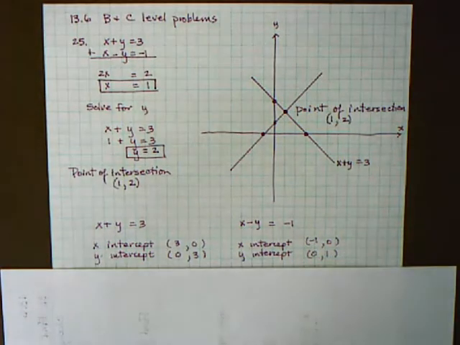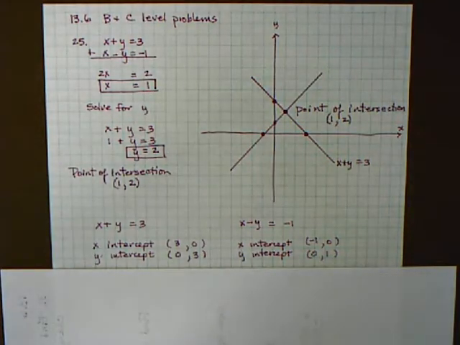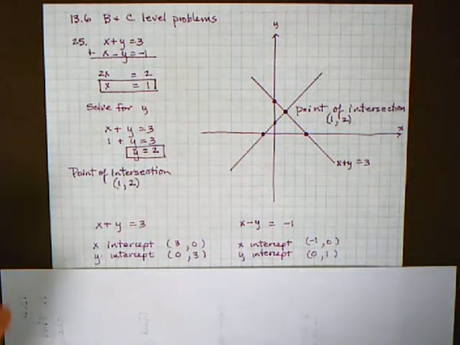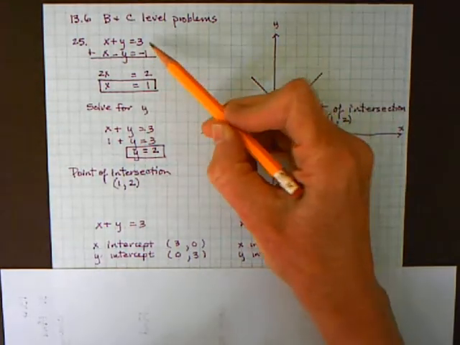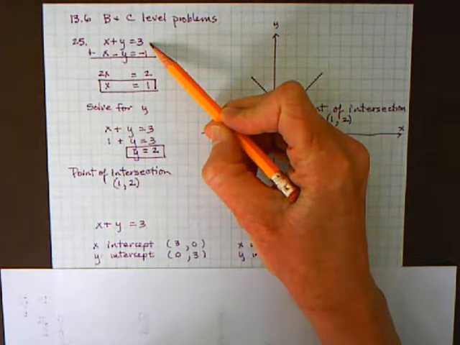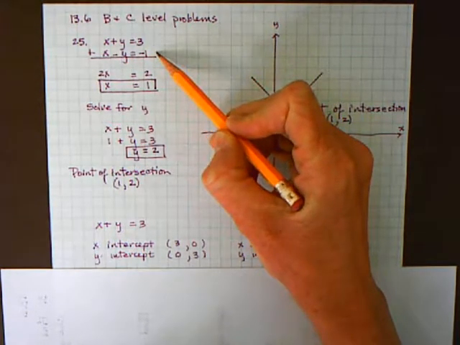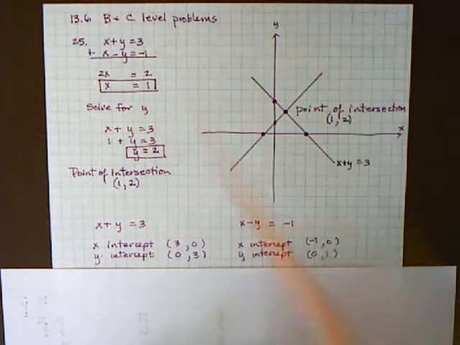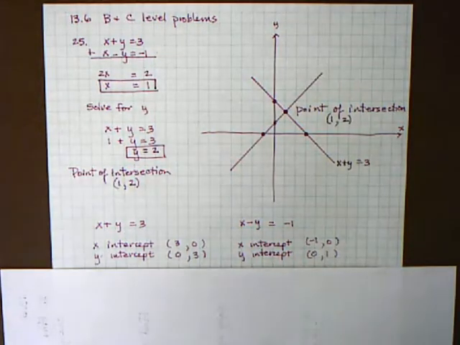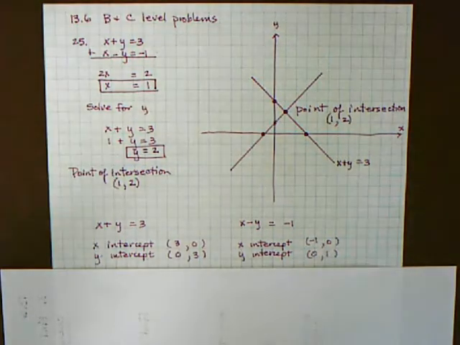This is 13.6, problem 25. So what you're given is two equations. You're given x plus y equals 3. That's one equation. You're given x minus y equals negative 1. That's the second equation. And what you have to do is solve the equations both algebraically and